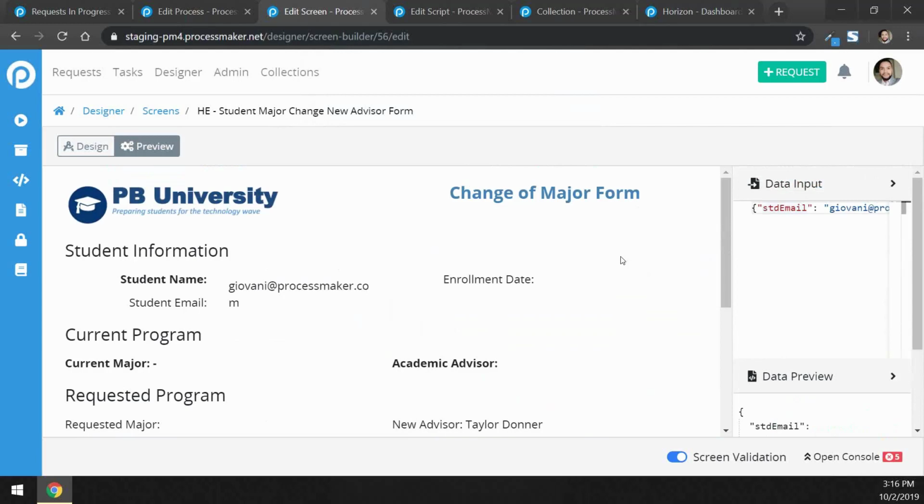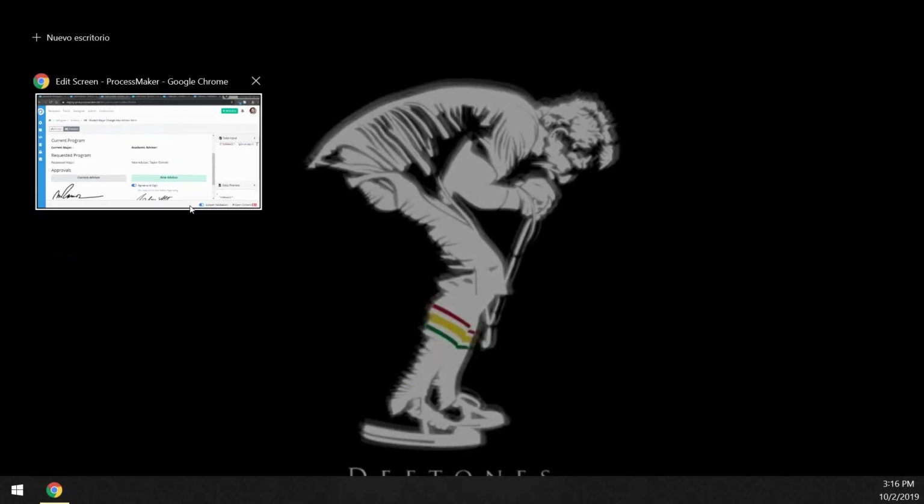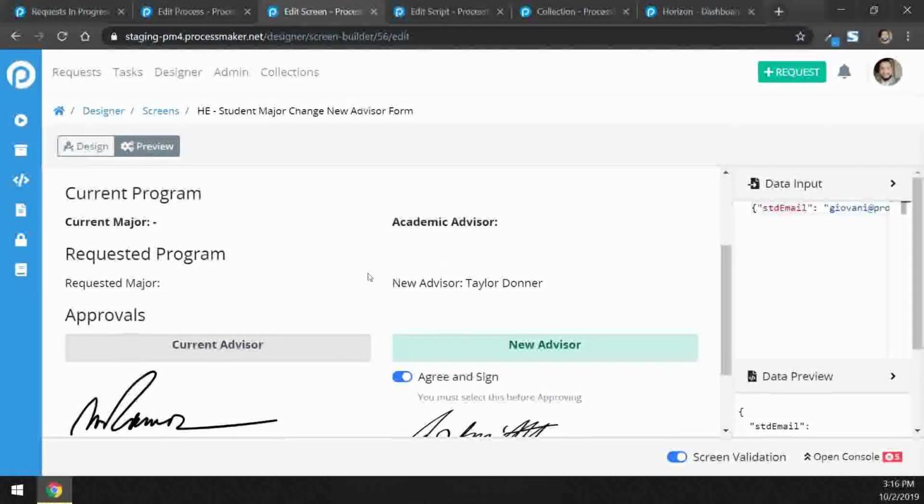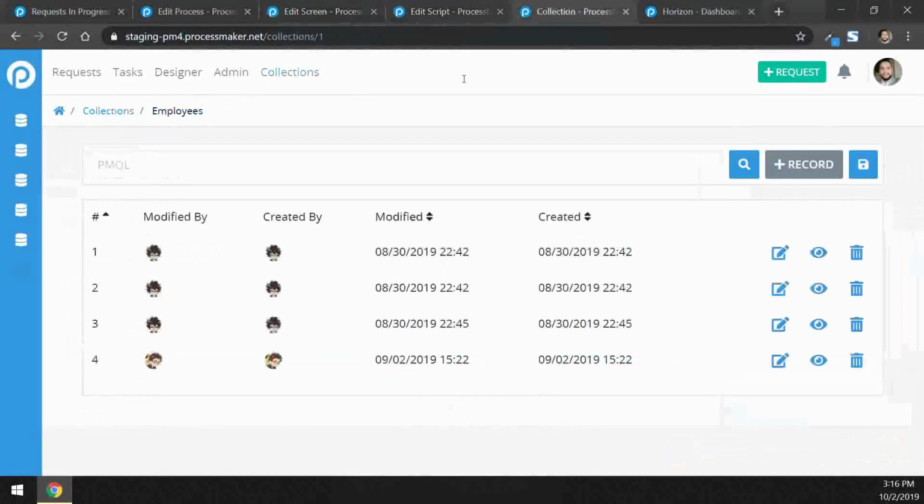We're taking all of the great stuff that you already know from previous versions of ProcessMaker, and we're adding more powerful stuff like the things that I'm demoing today, right? Some other things that I would like you to see today, for example, the collections, which are the equivalent to the ProcessMaker tables. Here we're going to have a collection of data that we're going to be using for our